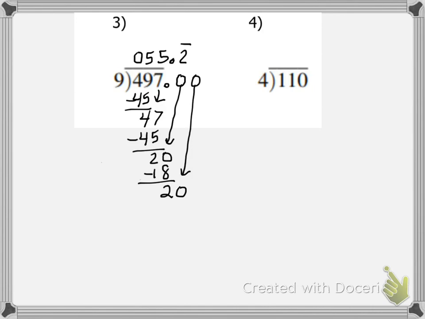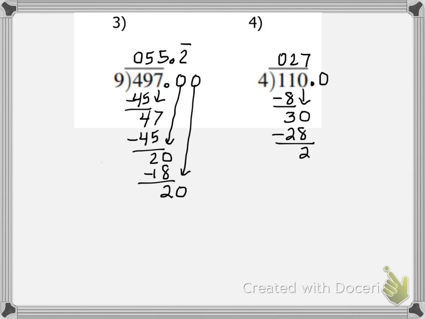On to question number 4. We have 110 divided by 4. We can't make any groups of 4 out of 1, but we can make 2 groups out of the 11, and that's 8. And when we subtract, we have a difference of 3. I'm going to bring the 0 down, so that's 30. 4 goes into 30 7 times. That's 28. We have a difference of 2, so we're going to add a decimal point and a 0 and